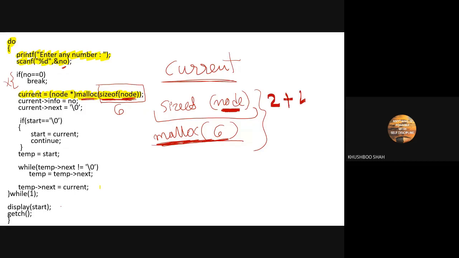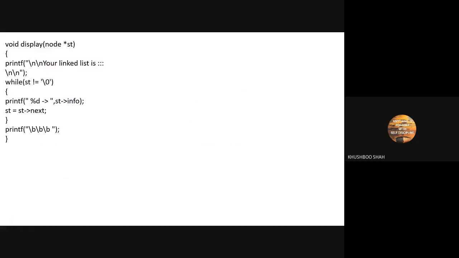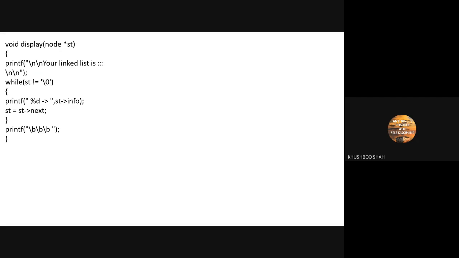So when I say occupy 6 bytes, it will go and occupy the 6 bytes for the node. Then it will divide it into 2 portions, because it understands that this node contains 2 members.